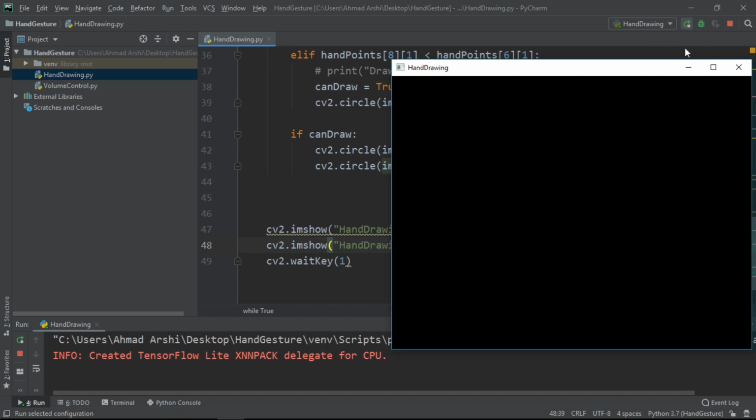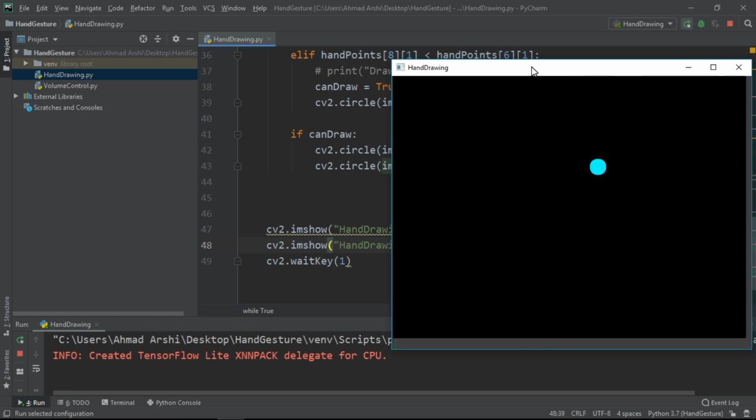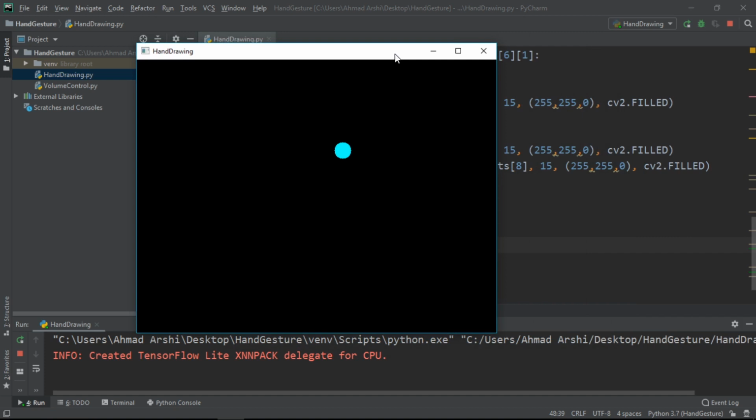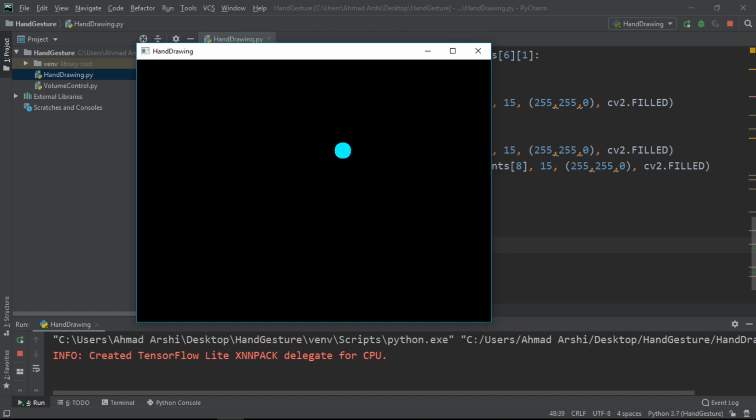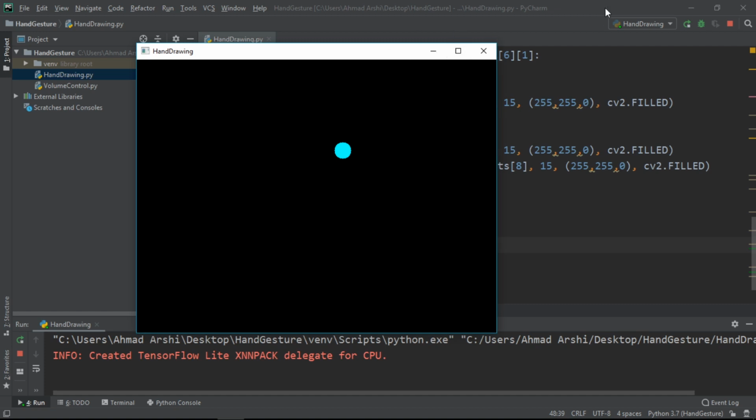so we have this one, and let's take it from here. Where's the second one? Actually it's only displaying the first one, but there is the actual image that we are getting, and it is hidden somewhere over here. If I go for the one, with only one finger open, and I move it, it is allowing me to draw.